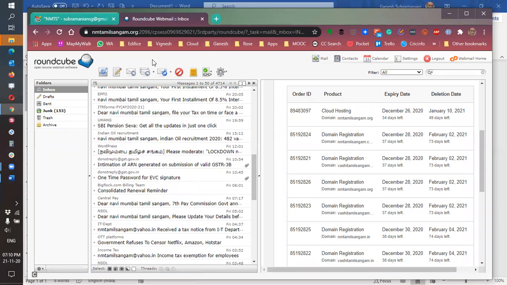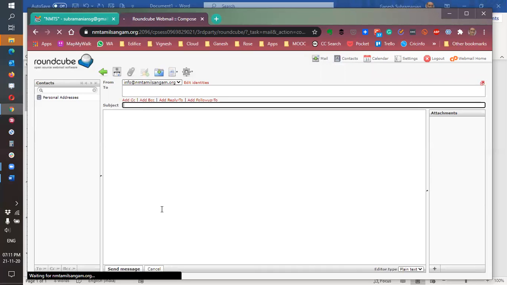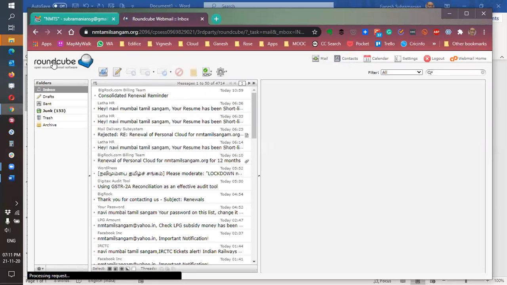If you want to compose a new message, there is a notepad with a pencil or pen. Create a new message. If you hover on that, you will see that. And that's it. Address it to whom, subject, and then the message. So there is nothing different about this mail. The only thing was, as I understand, it was difficult to type in those characters on the browser bar. So that made it very inconvenient. Hopefully that has been removed now and you will be able to log in with reasonable comfort.